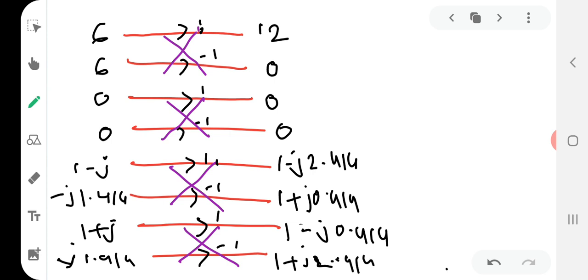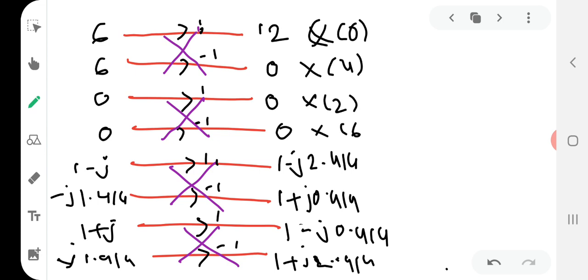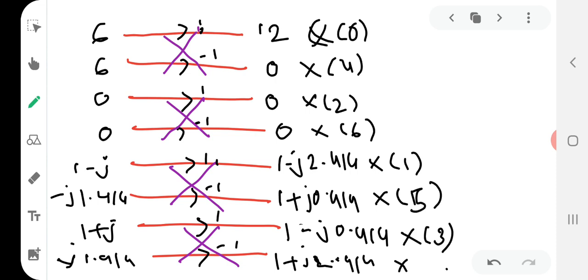And here how we will mark? We will write it in the bit reversal order, that is, this is x of 0, this is x of 4, x of 2, x of 6, x of 1, because we have already done the bit reversal, x of 5, and x of 3, x of 7. Okay,